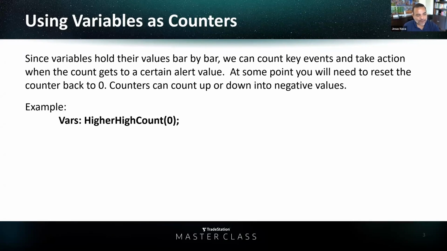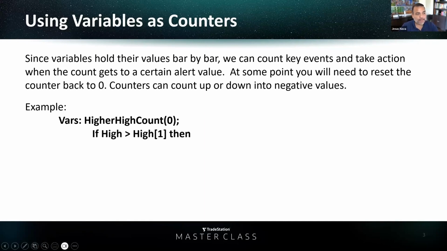Now, that default meaning, the 0 in parentheses, means that this variable is of numeric type, and the value it's going to hold is a number. It's like you are declaring a word and telling Easylanguage what type of variable it is. Once we do that,